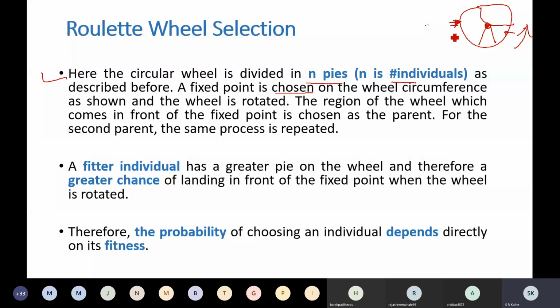Yes? Casinos, sir. Pardon? This wheel is mainly in casinos, gambling. Right. Casino gambling. Good.